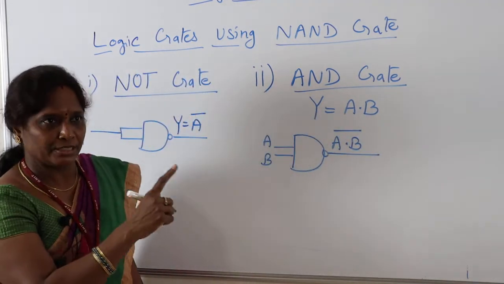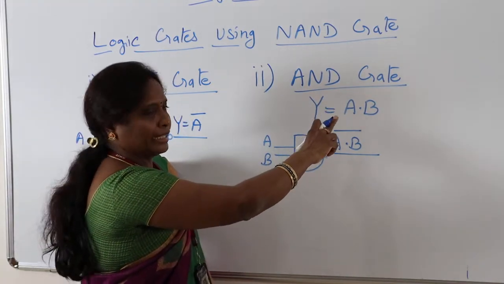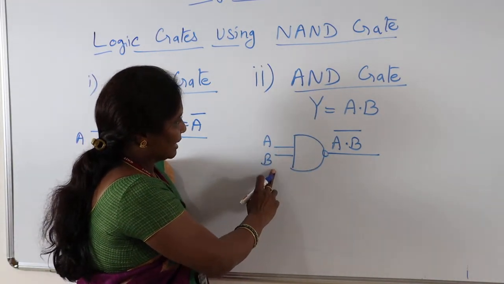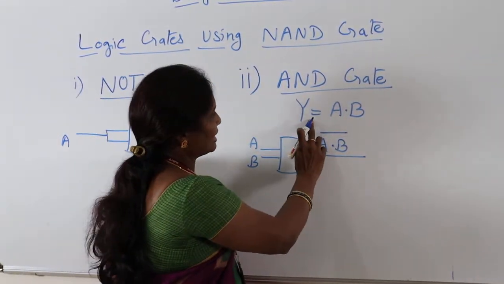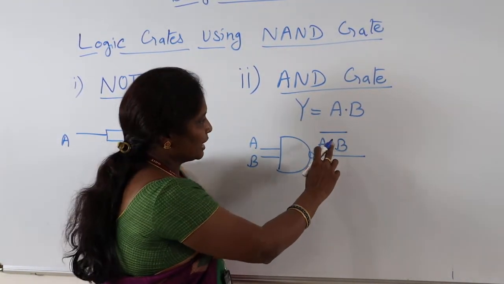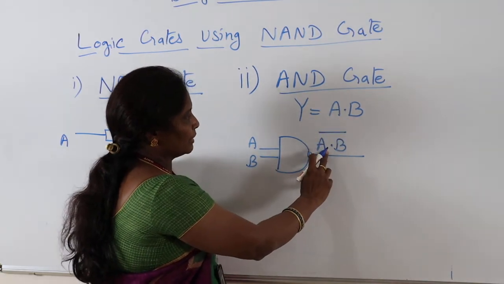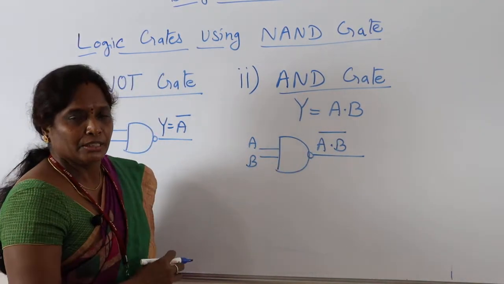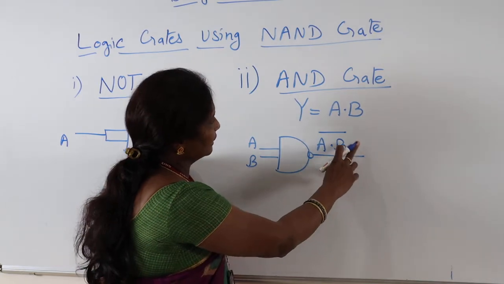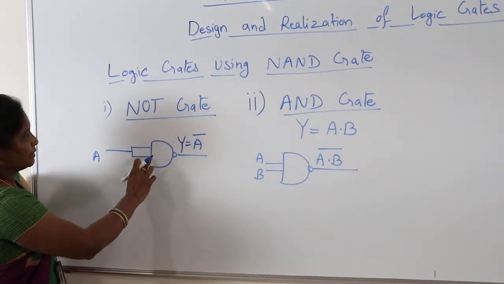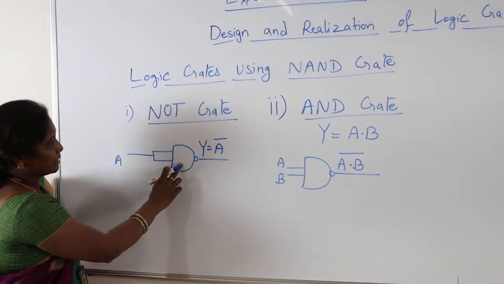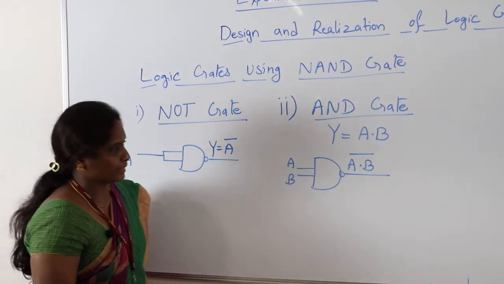Okay. So if we use only one NAND gate, then the output of the two input NAND gate is A dot B whole bar. But the required expression is Y is equal to A dot B. So this is the complement of the expression whatever we got. So here we have to use one inverter to get the required output. Again, we have seen that if we use a one input NAND gate, it acts as an inverter.